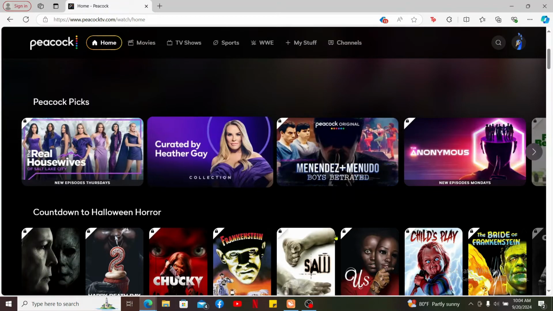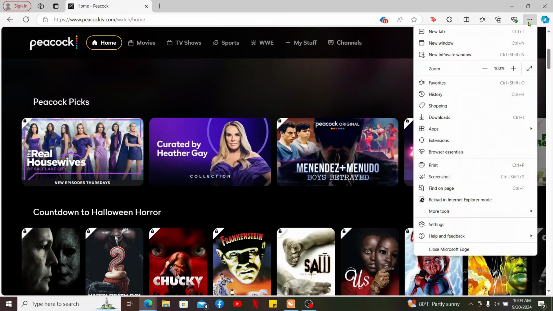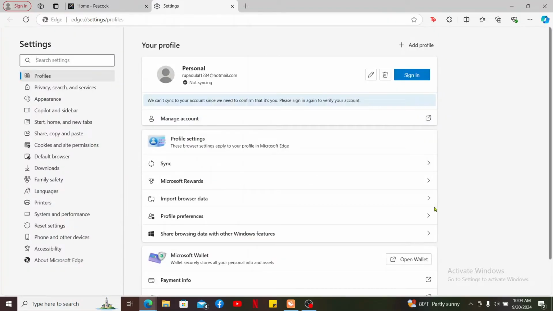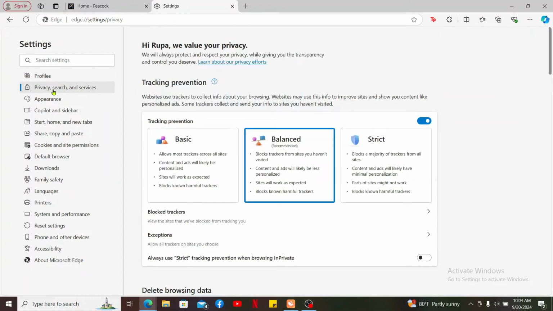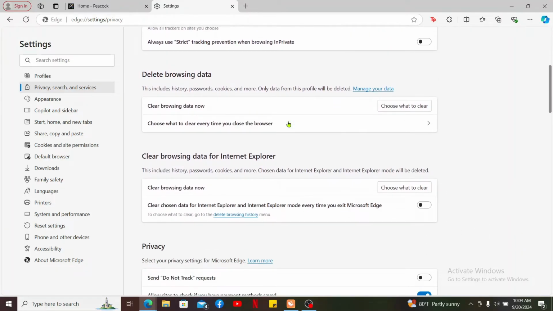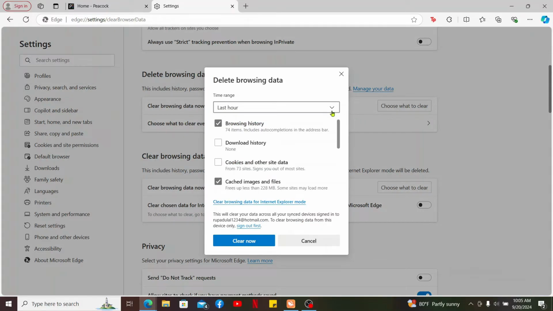After you're inside the home page of Peacock, click the three dots at the top right from your web browser and then click on the Settings button in the pop-up. After opening up Settings, click on Privacy, Search and Services on the left inside column and scroll down and get to Delete Browsing Data. Click on Choose What to Clear right next to Clear Browsing Data Now and select the